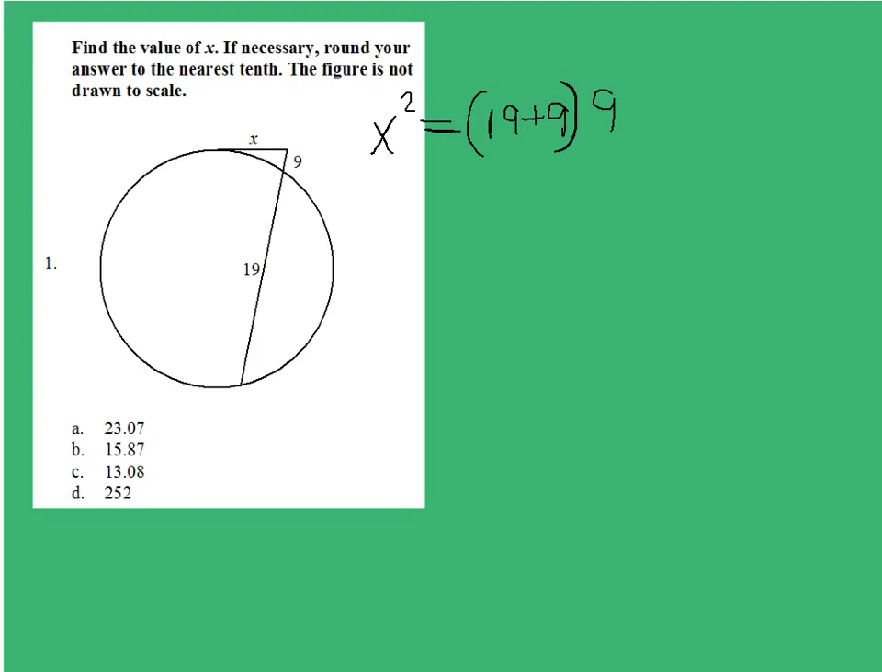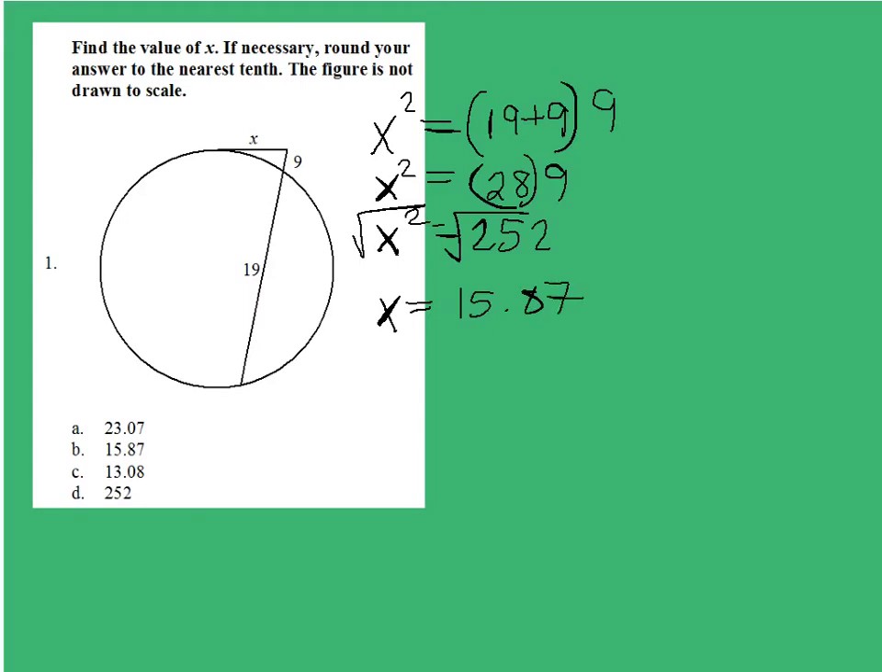Alright, so the first thing we do is 19 plus 9 and we get 28. And then 28 times 9 is equal to x squared. And when we multiply that, 28 times 9, we get 252. And in order to solve for x, we're going to take the square root of each side. And it tells us to round our answer to the nearest tenth. So when we take the square root, I get x is equal to